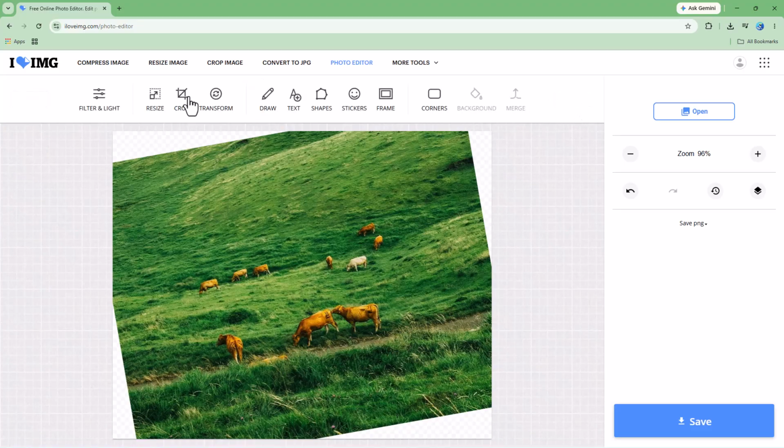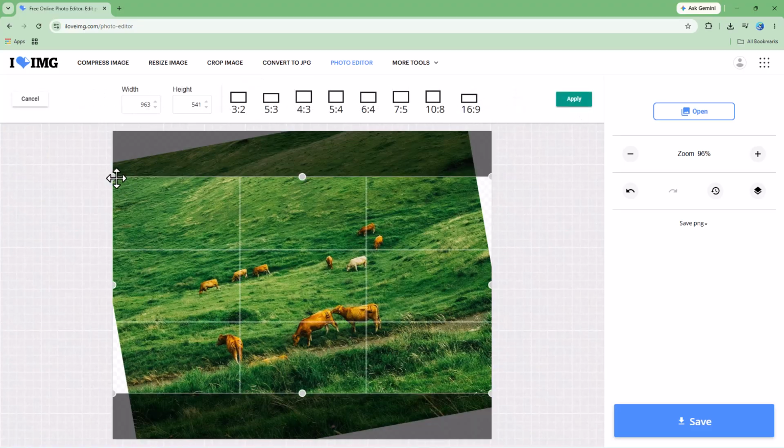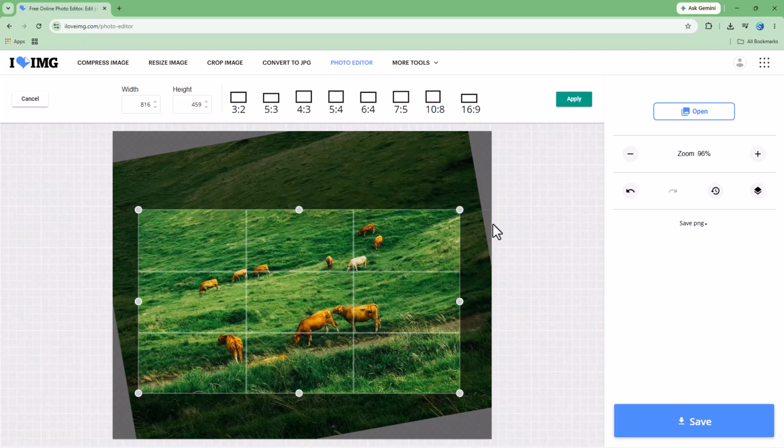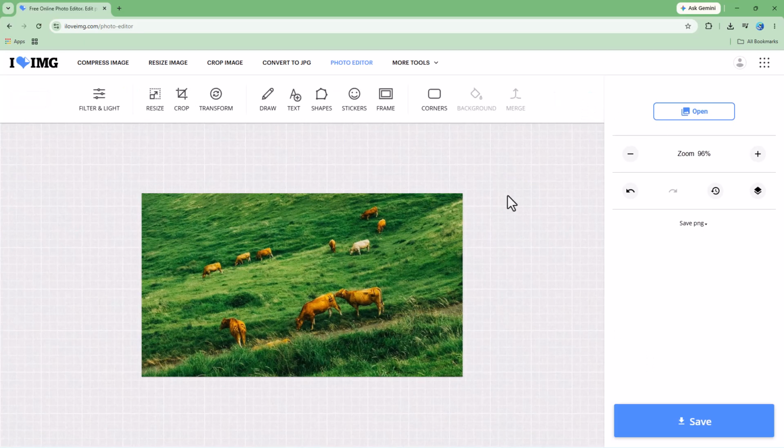You can go ahead and apply, and then you can go to crop again right here, and then you can click and drag this out right here. And then if you were to click on apply, this is what you have, as you can see. So that is basically how you can work with the photo editor's crop and transform option